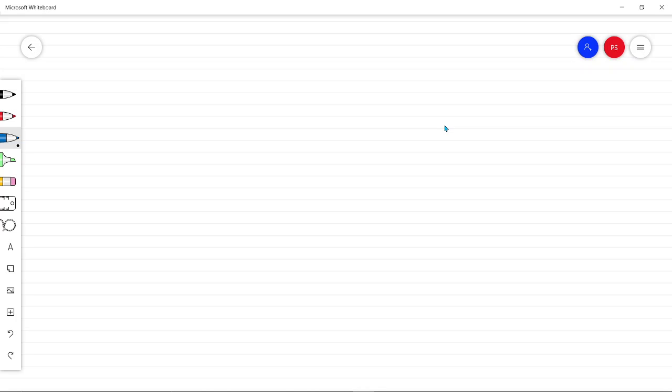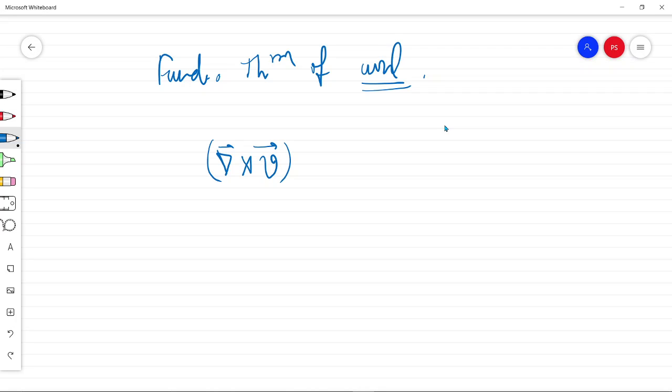Now we will see what happens with the fundamental theorem of curl, the third type of derivative related to a vector function. It says that the integral of curl of a function over a surface S. Since it involves a surface integral, we dot this vector function with the surface normal dA bar